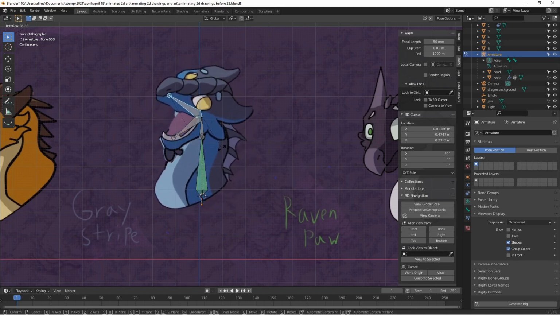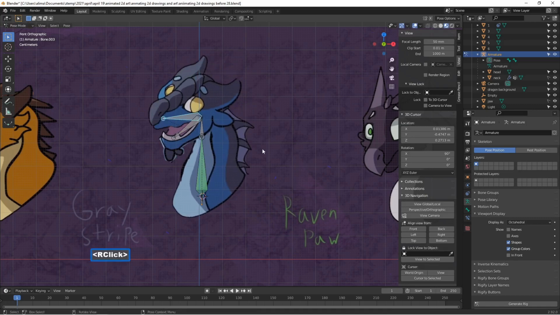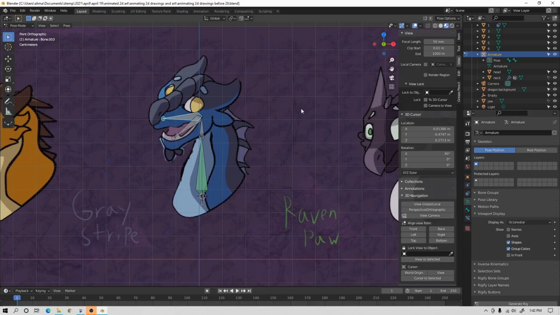So this is working with the head. It's also grabbing some of the body as well. Okay, for this bone, we don't want this bone to move anything but the head. It should not be interacting with the body. Okay, so how do we deal with that? Well,